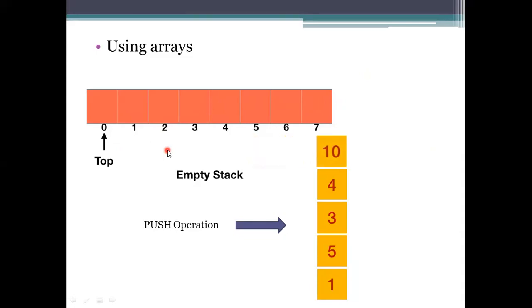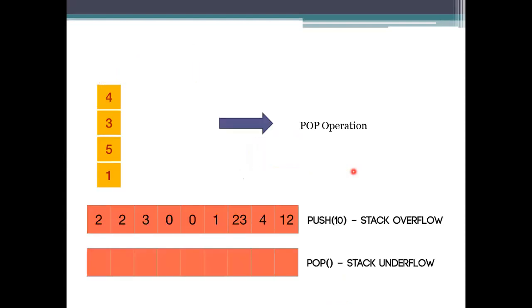Whenever you are trying to insert data, that is a push operation. It is inserting the elements: the first one will be at the bottom, and then up will be the second one, third one, fourth one, and the newly inserted value will be placed here. If you want to perform the pop operation, the last inserted value has to be deleted. So here the last inserted value is this one, and it has been deleted. Okay, that is a pop operation.